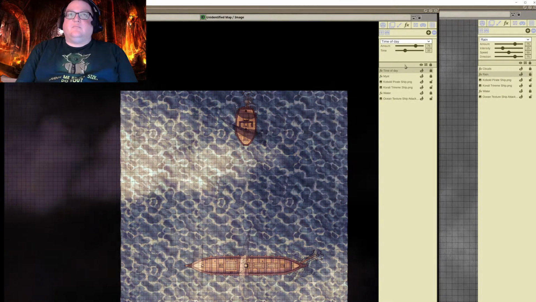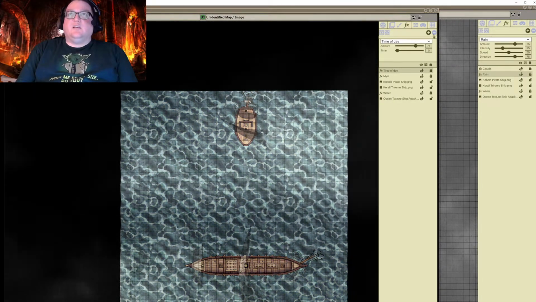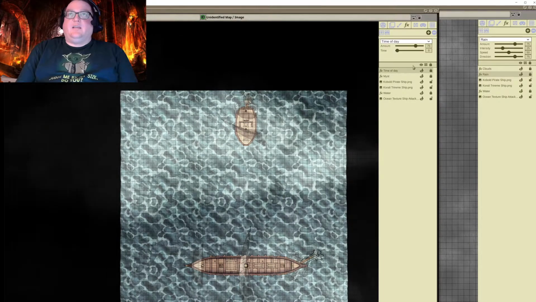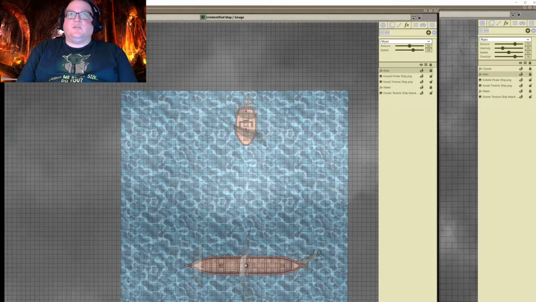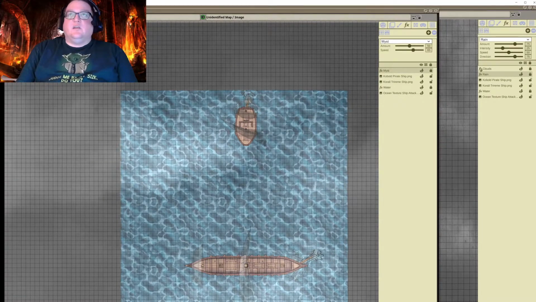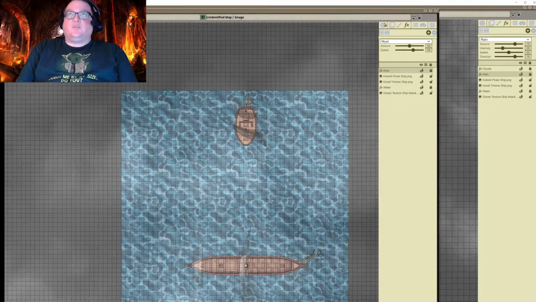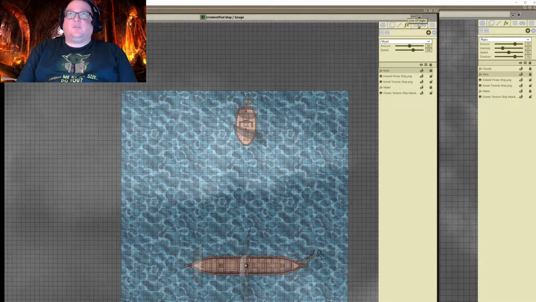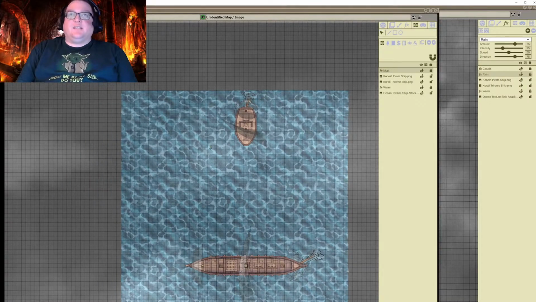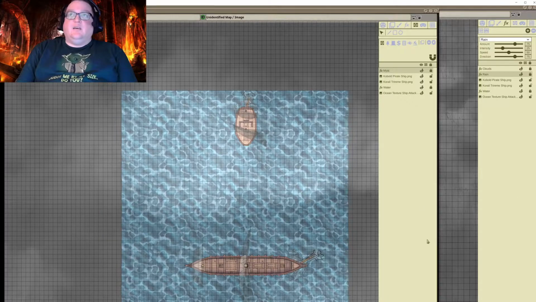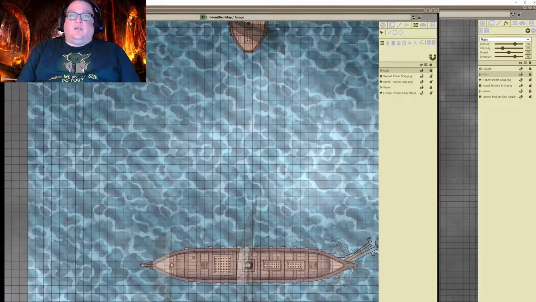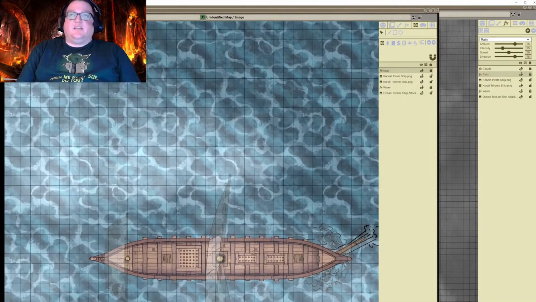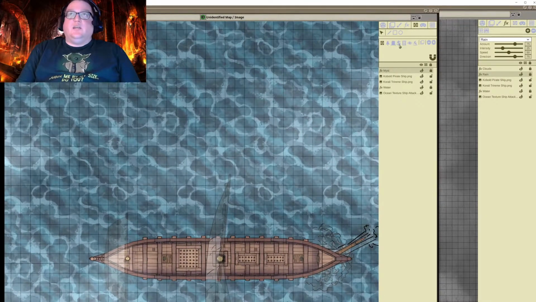If you've never used these, I'm going to go ahead and get rid of this layer though, because I think it looks just fine with just the mist and the waves. But it gives you a whole bunch of things you can do, and if you decide you want to, you can add line of sight to these maps. I decided for my encounter that I made that map for, I didn't want line of sight because the only line of sight things that you really would want to do is maybe